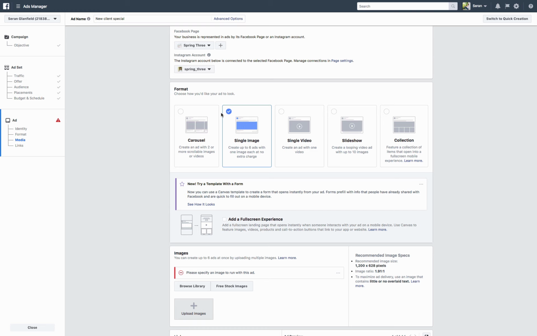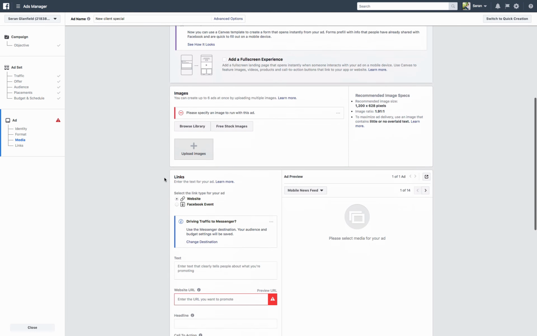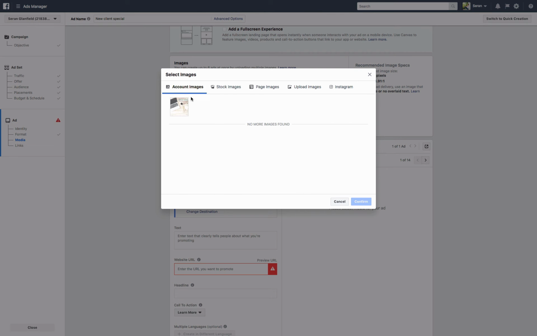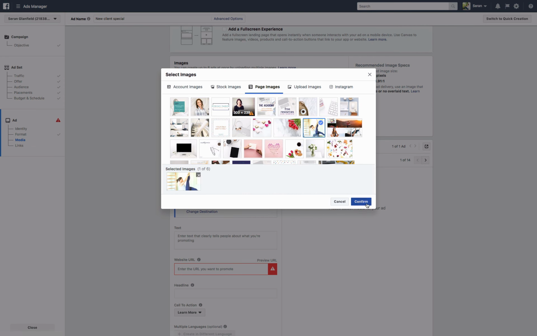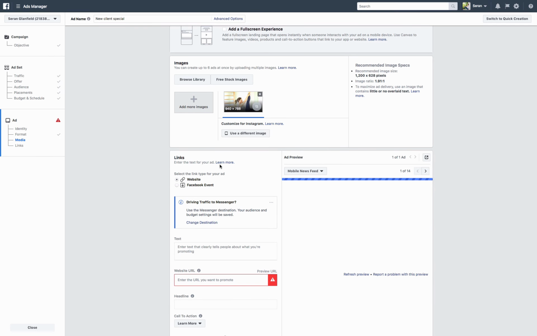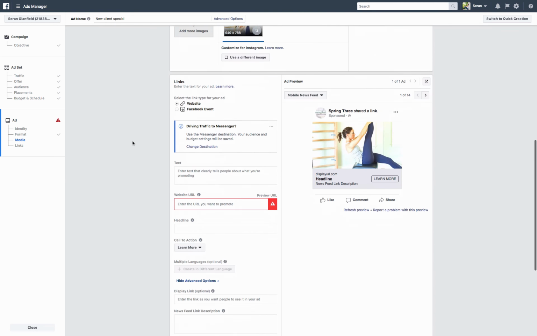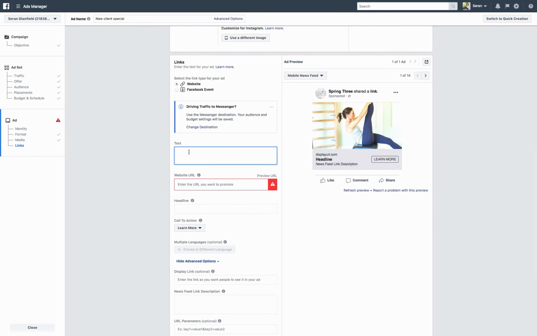When it comes to your format, there are different options available to you. For the purpose of today, we're just going to use the single image. And so then we start creating. So I'm going to just pick an image of this image right here. And as a Pilates studio in Miami, I need to write some really compelling text. And